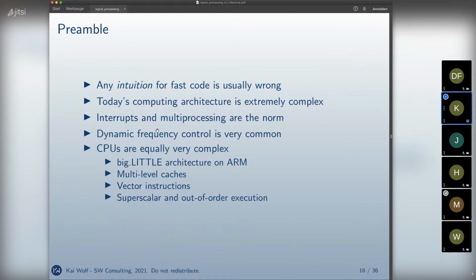On Android, but also on many laptops, we have dynamic frequency control. So the operating system is scaling the CPU cycles down or up depending on the current load. On ARM, we have big.LITTLE architecture, so we have several cores which are not powered the same, some cores are stronger than others and will be used for different tasks. We have multi-level caches, which we will look at shortly. We do have vector instructions: for ARM, we have NEON instructions, and for x86, we have AVX or SSE vector instructions. We have superscalar and out-of-order execution, so the instructions from the machine code are not processed in a linear fashion, but can be reordered